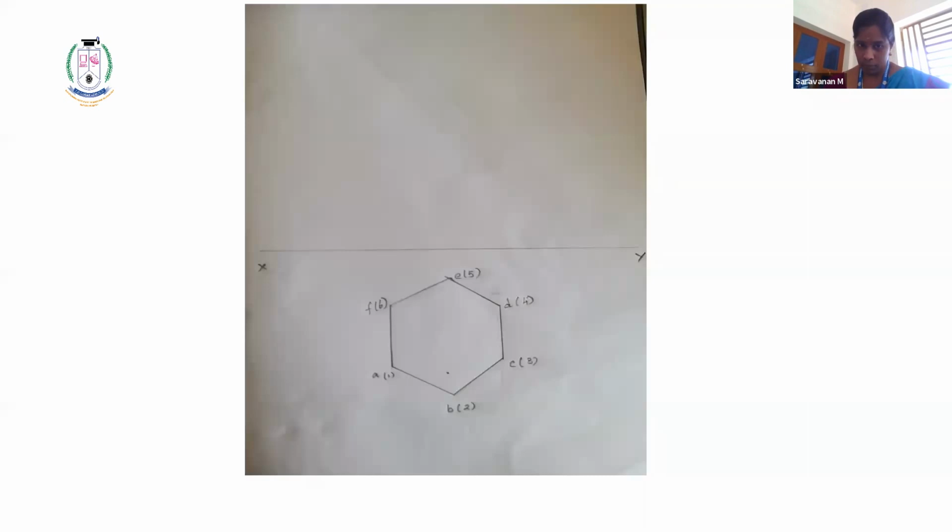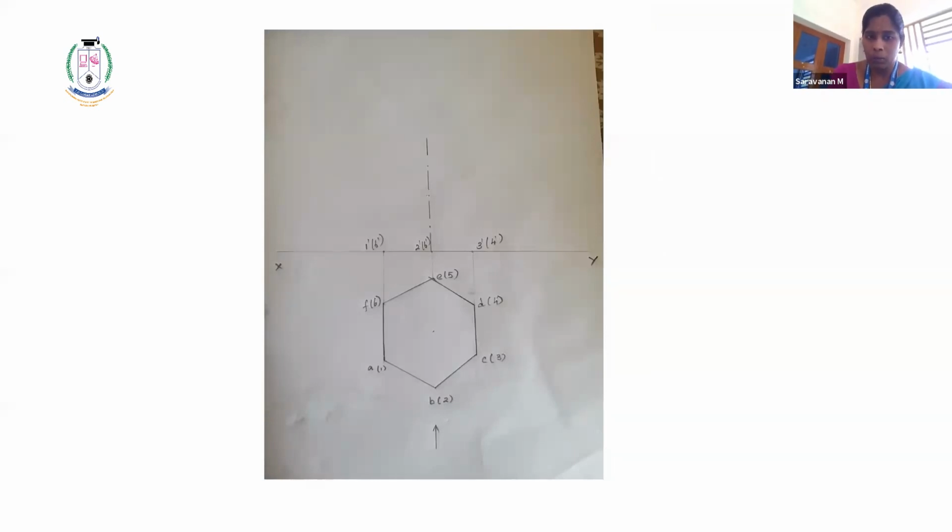Next, project all the corners towards XY. Project all the corners towards XY and first give the names. What are the corners you have projected? So give the names in XY. See the arrow mark. From the arrow mark, what corners are visible to you, or what corners are you observing? First, observe that. So you are observing the corners A, B, C, 1, 2, 3.